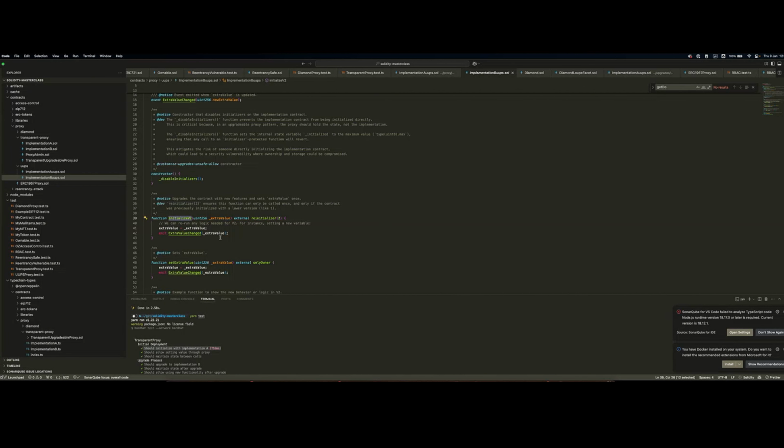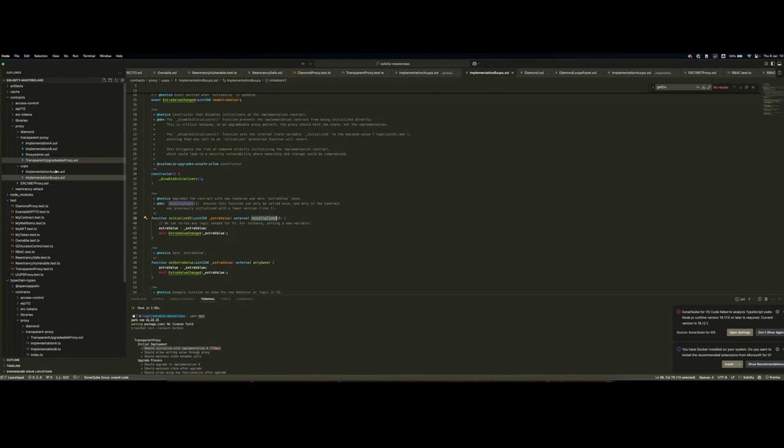The standard here is to name the function initialize with the version of the implementation, but this can differ based on developer preferences. In this initialization function, we are passing an extra value, and this extra value is being stored, again, not in the context of our implementation contract, but in the context of the proxy. And this is also prevented through the